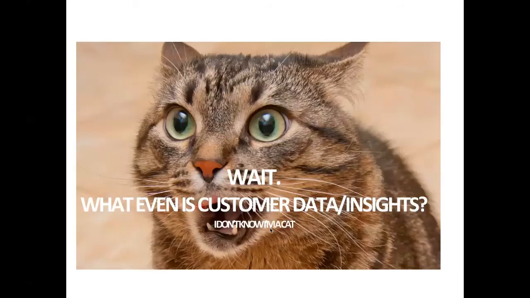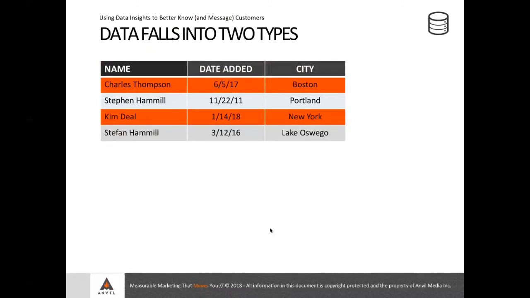So let's talk about customer data and the two types it generally falls into. When anyone thinks of data, I think most people think of tables. You've got your Excel spreadsheet with your rows and your columns. And at the tops of your columns, you have your headers or data fields. And these data fields can house what we like to call in the business structured data.